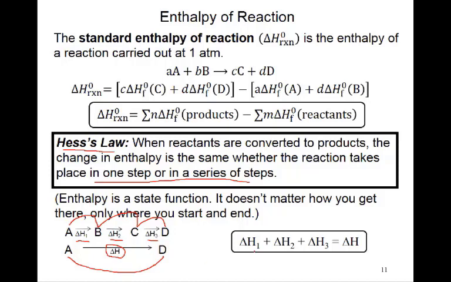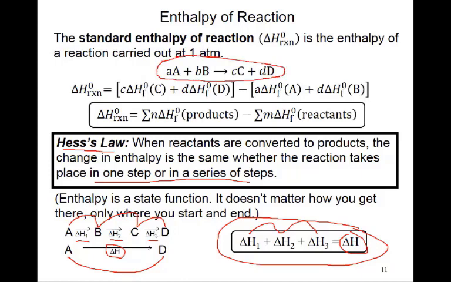So delta H1 plus delta H2 plus delta H3 will be equal to delta H. Because this equation is in the box, it will be useful for doing the calculation. Hess's law is very simple. If a reaction is taking place in a series of steps, then the net change will be equal to the total of the changes. The same law is given here by another method, that is, suppose a reaction takes place from AB changing to C and D.